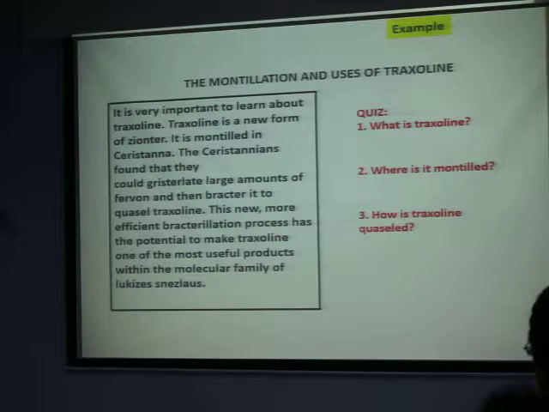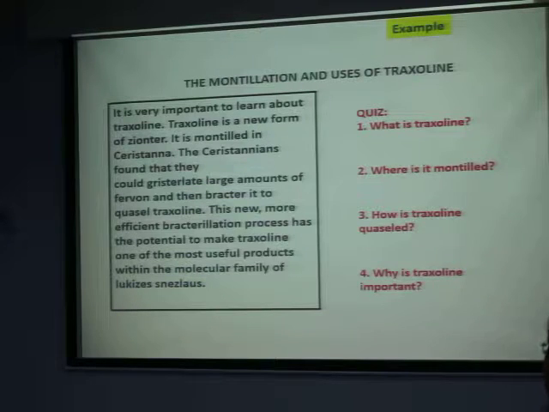Oh, come on. And then back Okay. You can what? Crystallate large amounts of vermont and then factor it to do what? Deposit. What are you doing? Okay? Why is it important? Because it could be one of the most useful products within the molecular family of